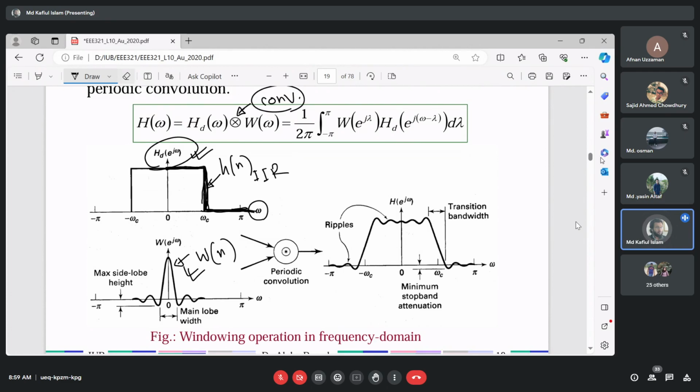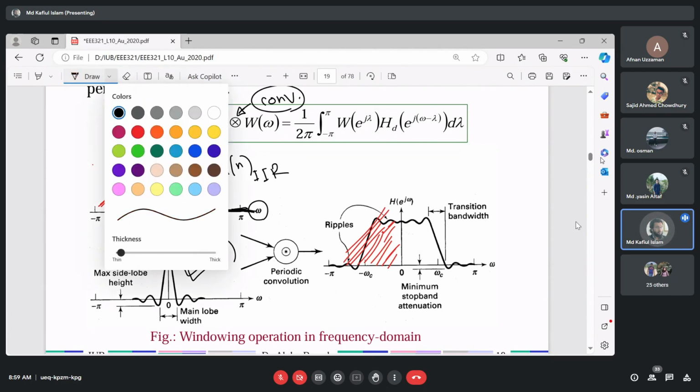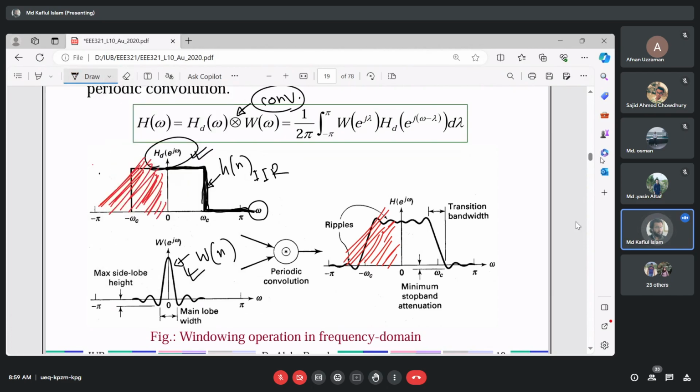Again, on the negative side, you have to discard the negative part. Forget about the negative part of the signal in frequency domain, because negative frequency does not make sense. Now that windowing operation: if you do the convolution between this one and this one in frequency domain, because we are talking about the periodic convolution, the circular convolution. Remember, for the DFT we need a circular convolution. That is the periodic or circular convolution. If you do this, we'll eventually get this kind of